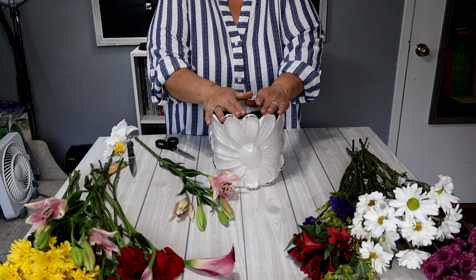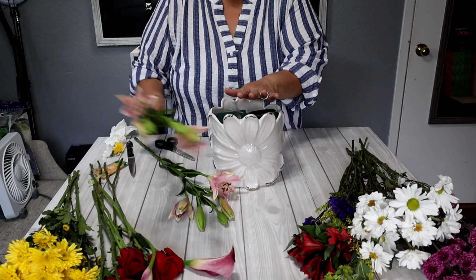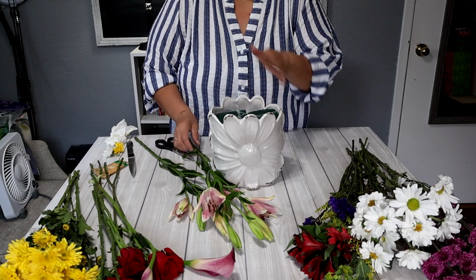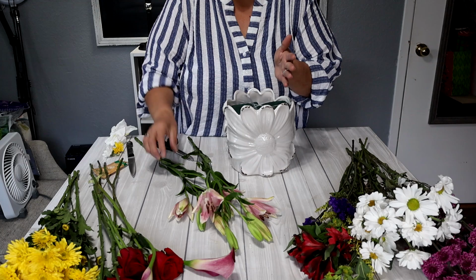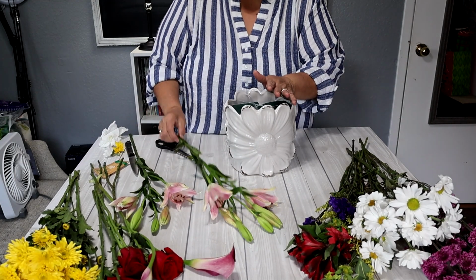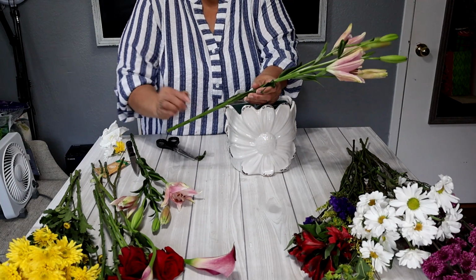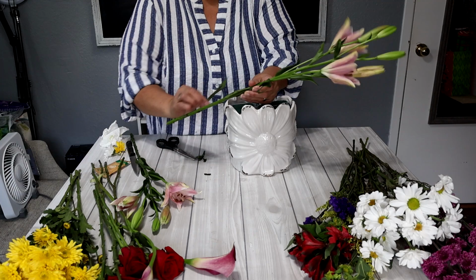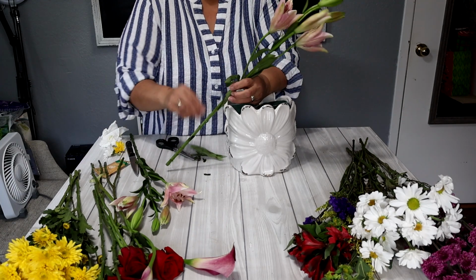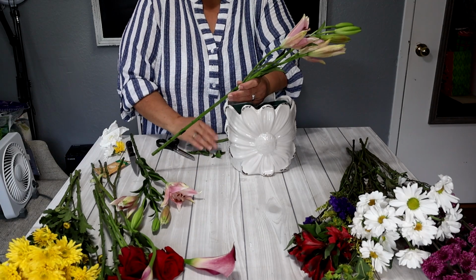Of course, if you're going to put this somewhere that it's not going to do that, you can go a lot higher. But of course, the higher you go, the more flowers you may need, or maybe you need to purchase some fresh greens as well, or some greenery leaves. Okay, so before I start putting in flowers, I want to make sure that I remove anything that seems past, a little bit mushy, or just a little too wilted. So I'm going to remove the bottom leaves off of here,